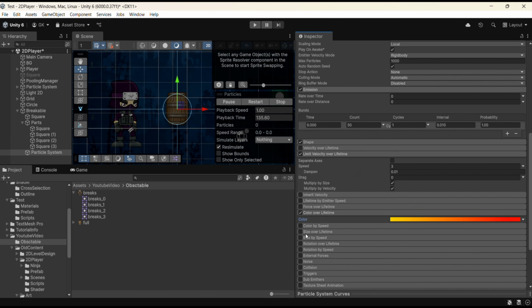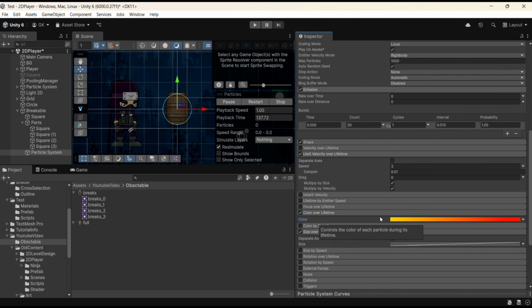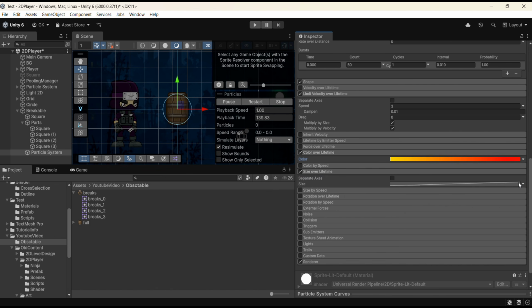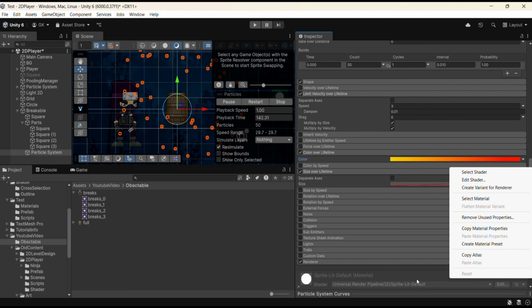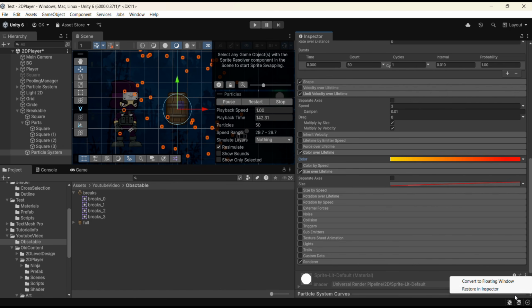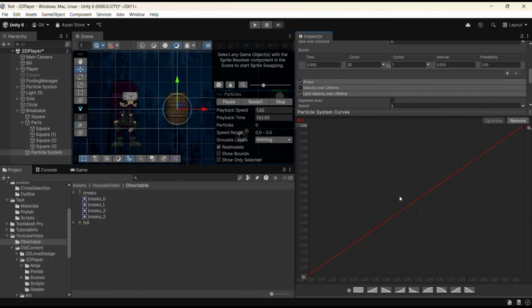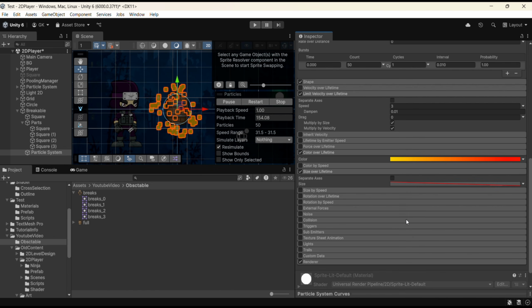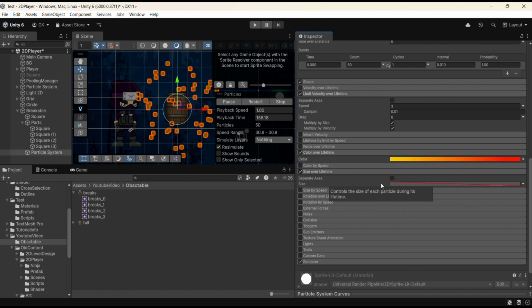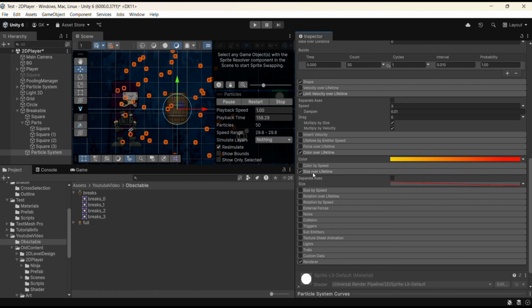And size over lifetime. I want it big to small. And renderer,